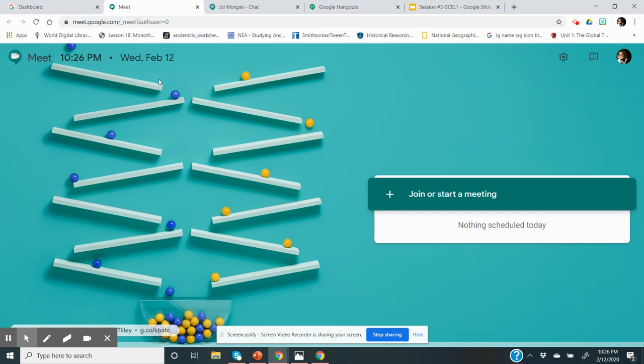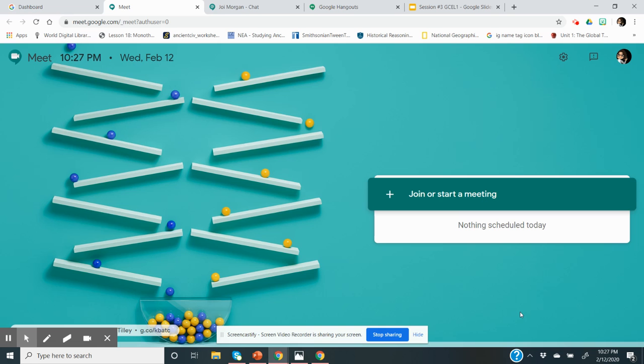Then Google Meet, and I just want to point that out. If you are joining, of course, you need a join code. If you're starting a meeting, the best would be for you to already have your Google Meet linked through your Google Calendar so you can share a join code or a phone number so people can call in and join your meeting.